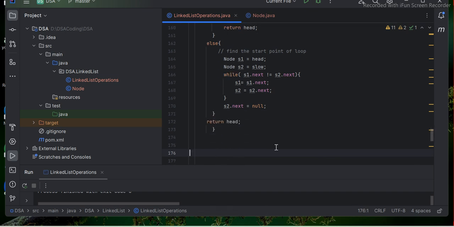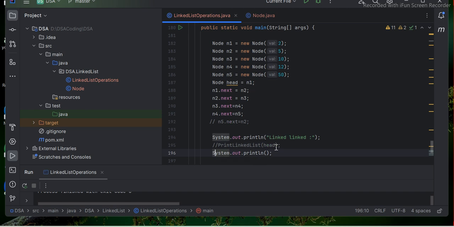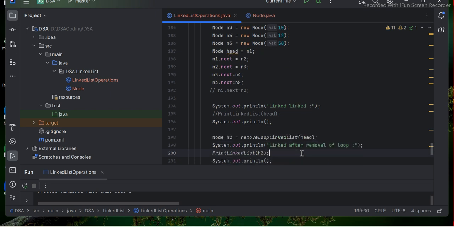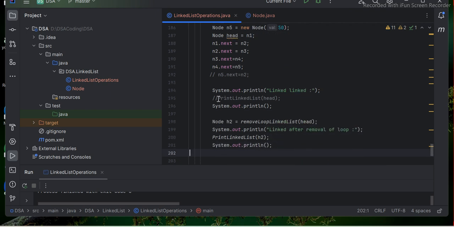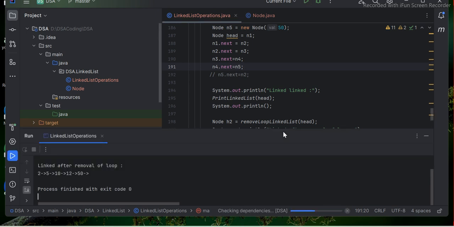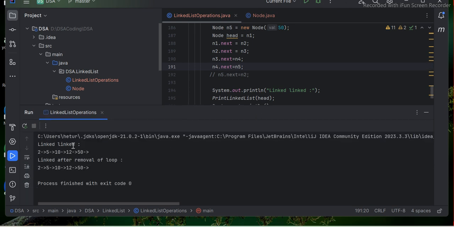And what I will do is I'll quickly run it and show you how it works. For example, I have a linked list which doesn't have any loop. In this case, after and before should be the same. So let me print it. Okay, I'll just run it. All right, so if you can see, this is the before one and this is the after one. I'm just printing the whole linked list because I return the head node, and based on the head node,